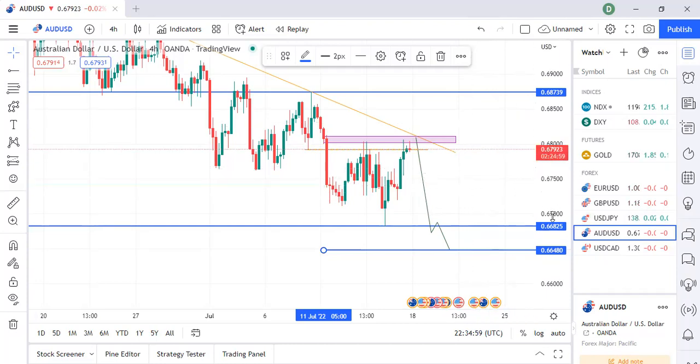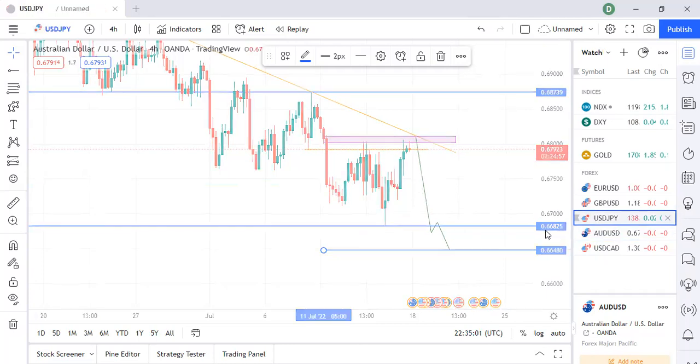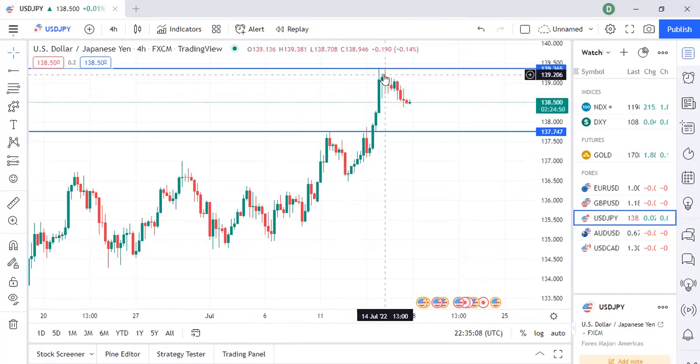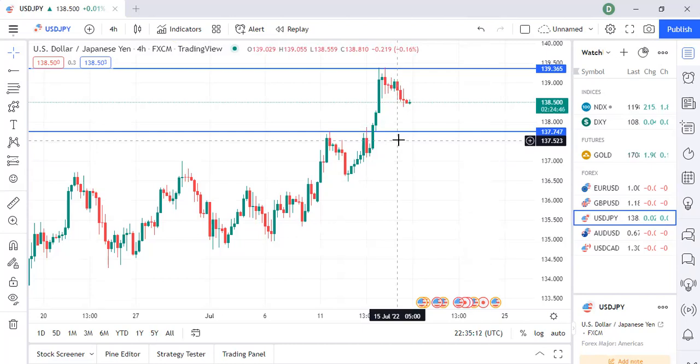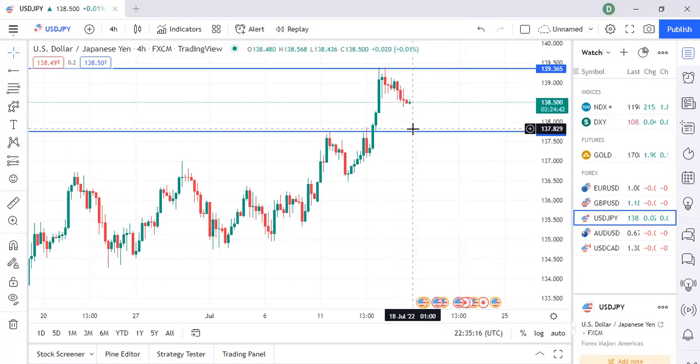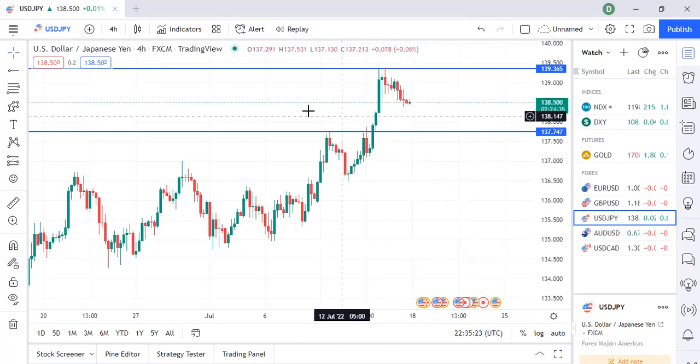All right, so now let's look at the various USD pairs. Let's start with USDJPY. Last week I told you USDJPY should push up and take out the high that we saw, and as you can see, that happened perfectly well. I expect that price should continue the pullback to this area before we should see.